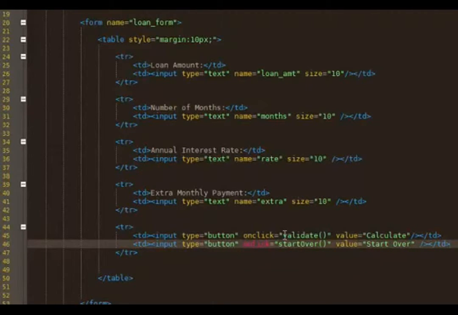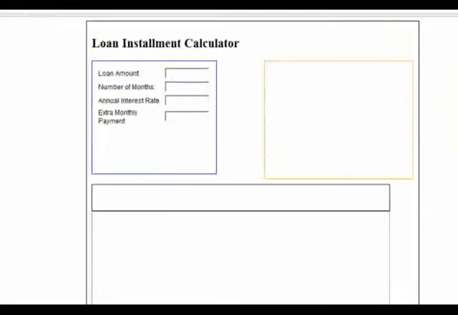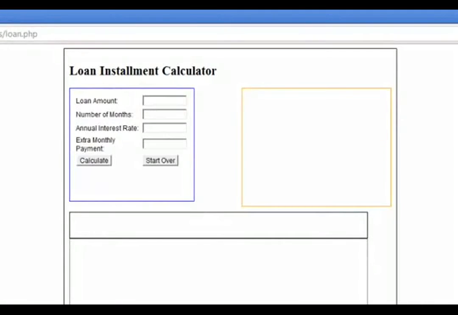I think that's it for the form. Let's go take a look at it again. Okay, I think that will do it. I don't think there was anything else. Oh, you know what? I did want to put something under the annual interest rate,